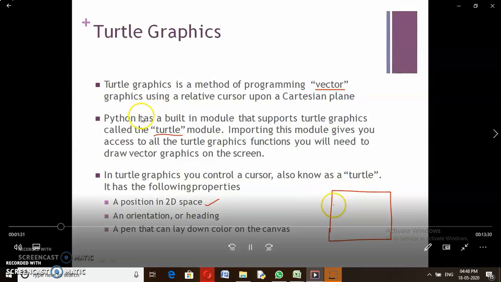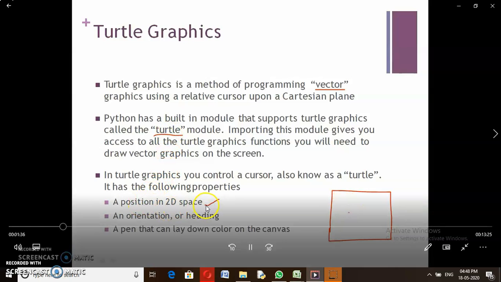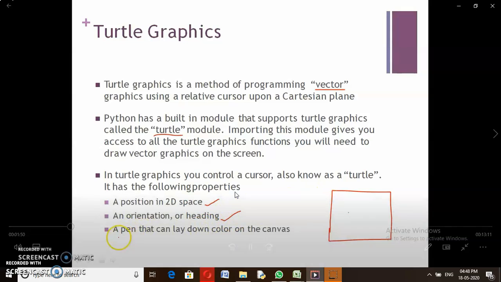It has different initial properties. We call them the position in the 2D space, that is the initial turtle position in the 2D space, and the orientation of the turtle. Orientation is nothing but the position and the way the turtle is moving in the 2D space.